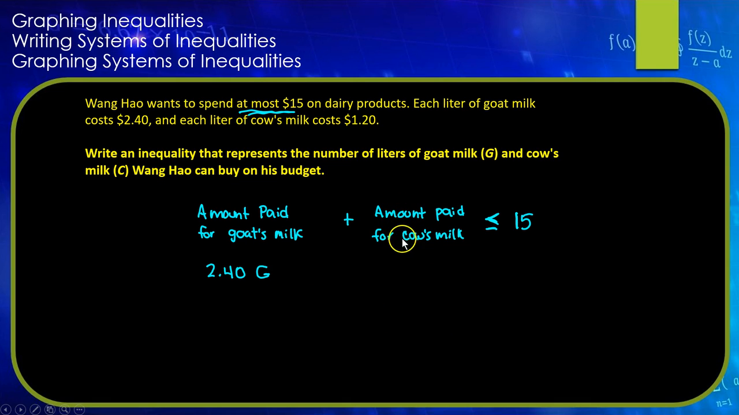And the same thing for the cow's milk. For each liter he buys, he would be spending $1.20. So $1.20 times C would be the amount he pays for the cow's milk. So adding those two together, those are the two things that should be less than or equal to 15, and